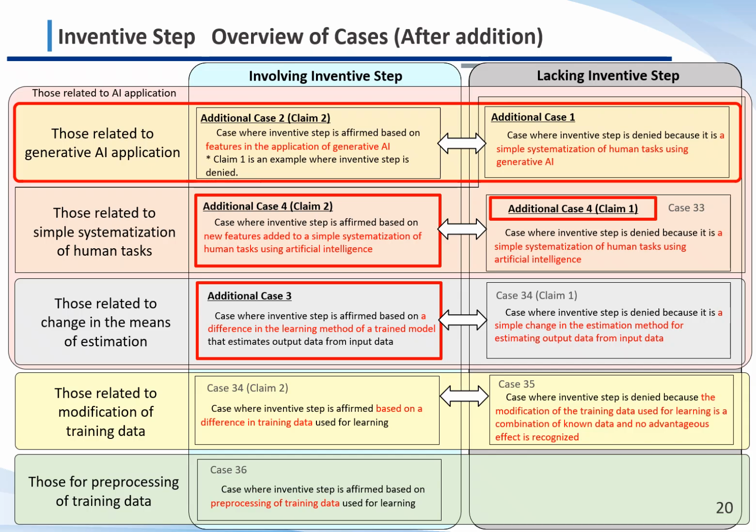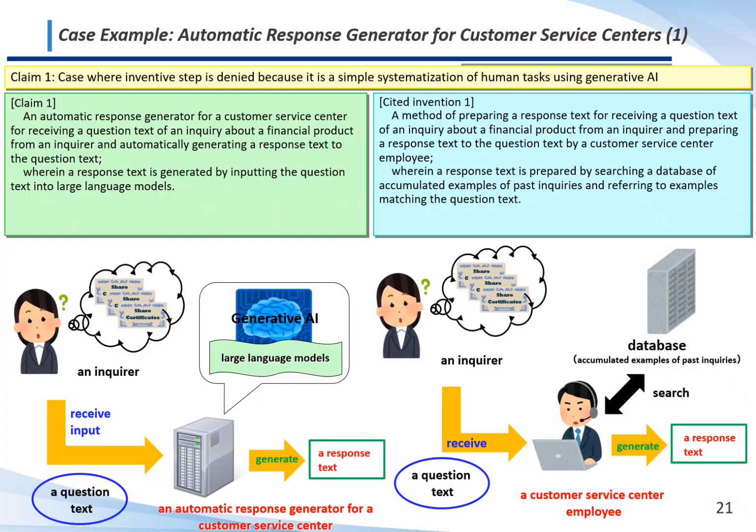This is a list of case examples prepared by the JPO regarding the inventive step for AI-related inventions. First, we will introduce a case example of an automatic response generator for customer service centers. This example was determined to lack an inventive step because it is a simple systematization of human tasks using generative